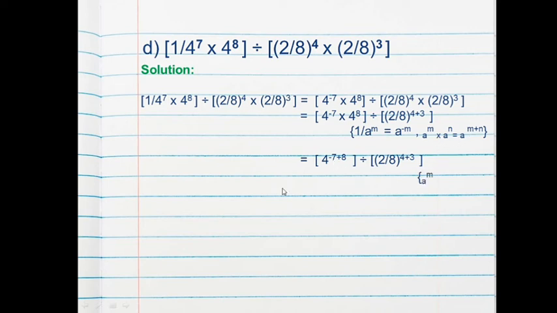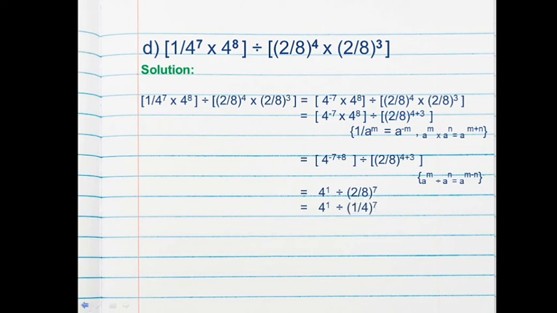Now we get 4 raised to the power 1 divided by 2 by 8 raised to the power 7. So minus 7 plus 8 is given, plus minus is minus, it means 8 minus 7 will be 1, and we got 1 as the sign of the highest digit is plus, that's why we have written plus 1, and plus minus is minus, that's why here we did the subtraction. Then here 4 plus 3 is given, and 4 plus 3 is equal to 7. Then that is 4 raised to the power 1 divided by 1 upon 4 raised to the power 7.